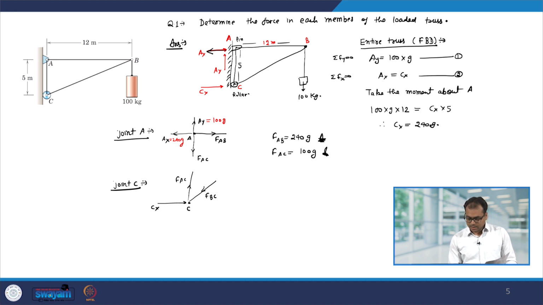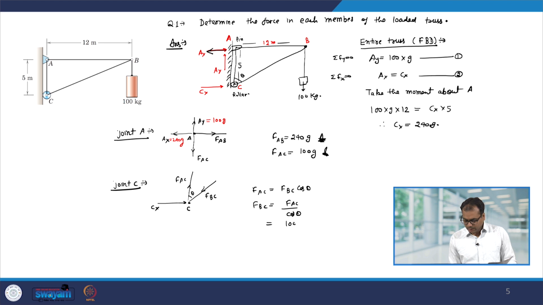Now, let us find out the forces. Let us say this angle is theta. Okay. So, I said this angle is theta. So, I can find out the values of tan theta, sin theta and cos theta from the geometry. So, let us balance the force. FAC will be equal to FBC cos theta, or FBC is equal to FAC over cos theta, and FAC